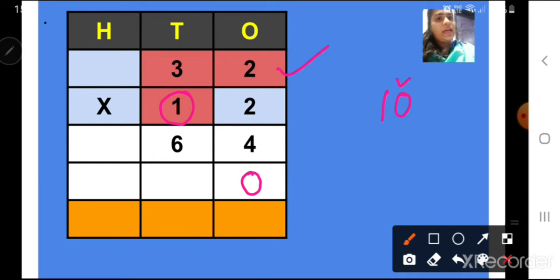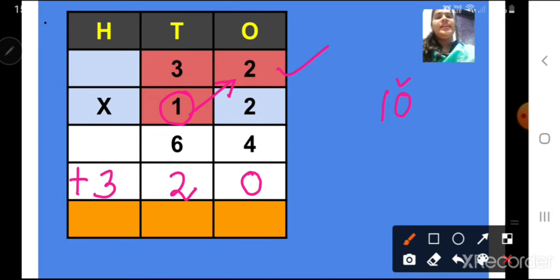So before multiplying we have to put here 0, then we have to start multiplying. Now number 1 we have to first multiply with number 2 which is at ones place. Children, it is very important, we have to always start from right to left. So 1 two is 2, then 1 three is 3. Like this we have to write the answers. Then this is step 1, then step 2.